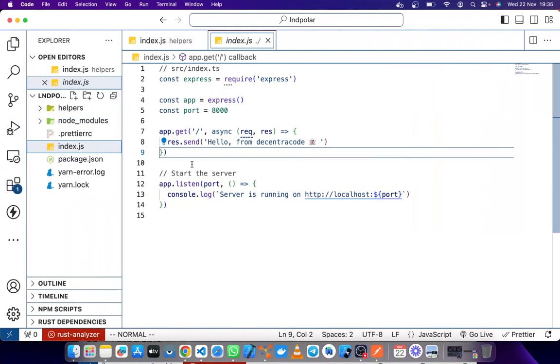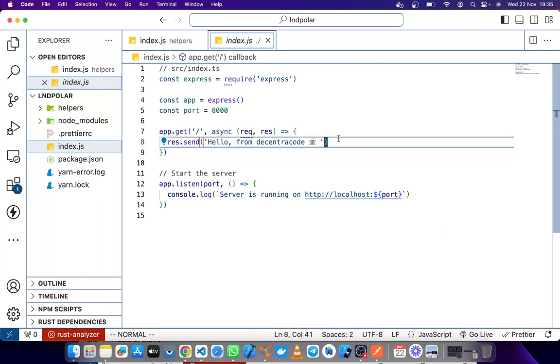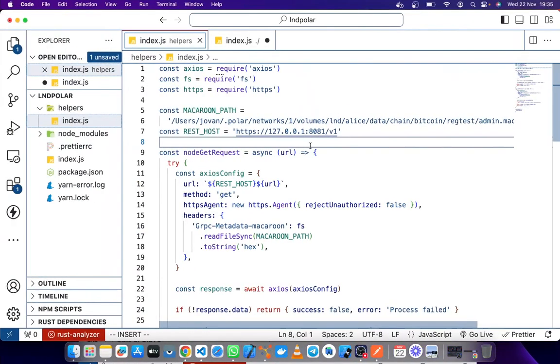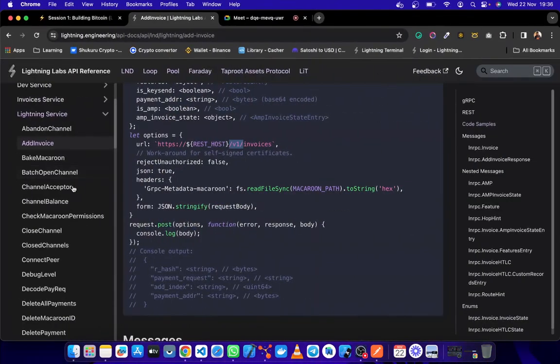Now that that is done, I'm going to first test and see if I'm getting my data coming through. The first thing that I'll do, I'm going to test with this endpoint. I'm going to look for a very good endpoint that I can test with.